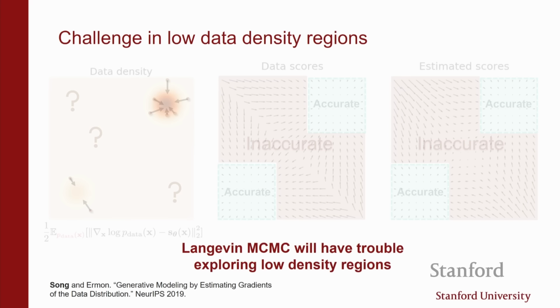That's kind of what happens. If you think about those particles, a lot of those particles start out here, and you're going to follow these arrows, but the arrows are pointing you in the wrong direction. So you're never going to be able to reach these high data density regions by following the wrong instructions somehow.